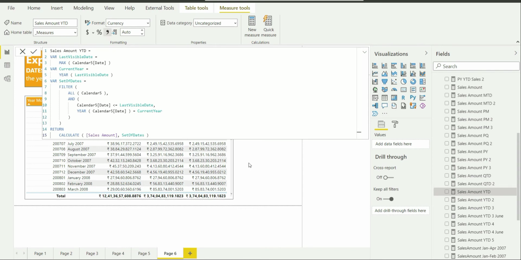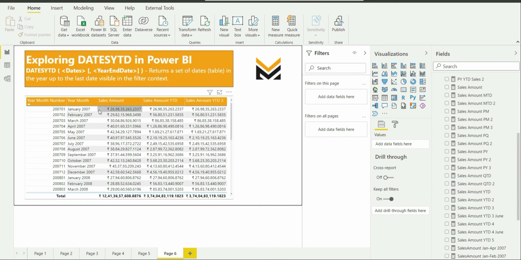So as you can see now, for January, the sales amount is just this particular value. It is actually 2,698,35263, or you can say 26 crores 98 lakhs 35,263 point something. For February, it is 29 crores 82 lakhs 15,968.